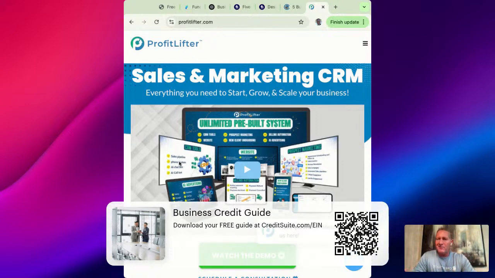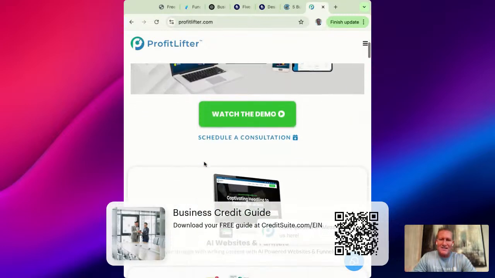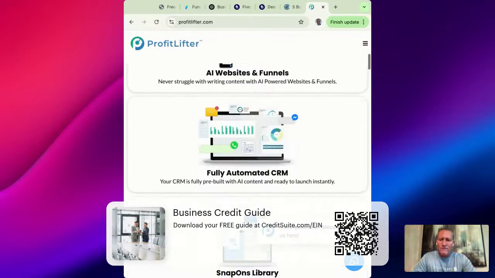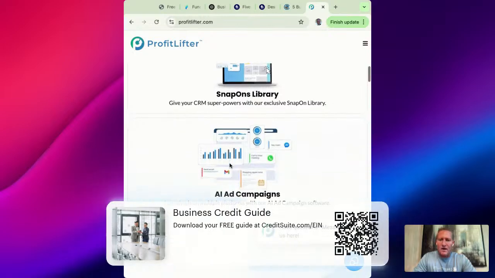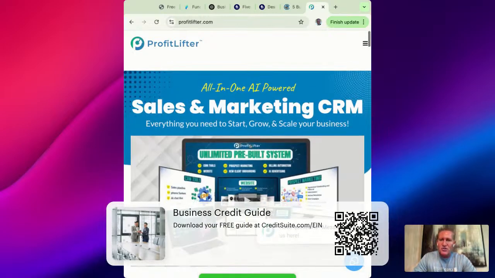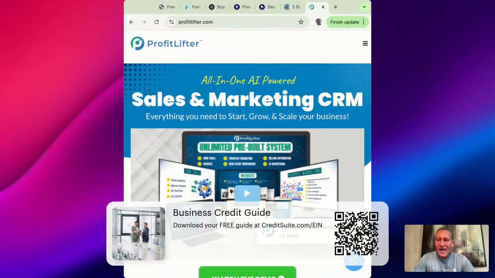So this is super simple. It starts at a free demo. It's like $97 a month to start. And all of this, including the CRM, the landing pages, all of this stuff you're easily able to get. Or again, you can go to Upwork or Fiverr and hire somebody there to easily be able to do this for you. But again, the key is that we want to test, we want to optimize, we want to do